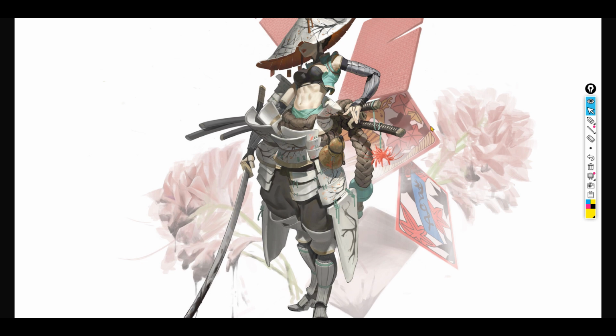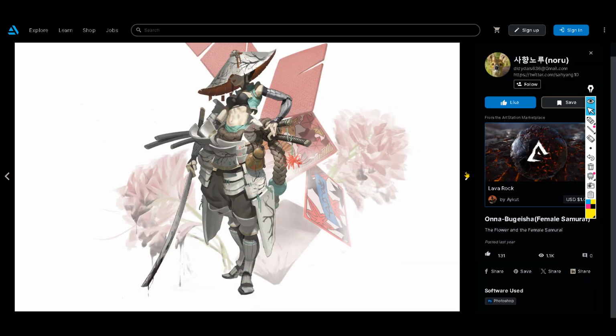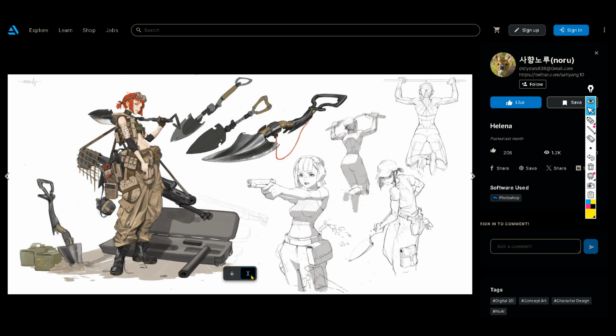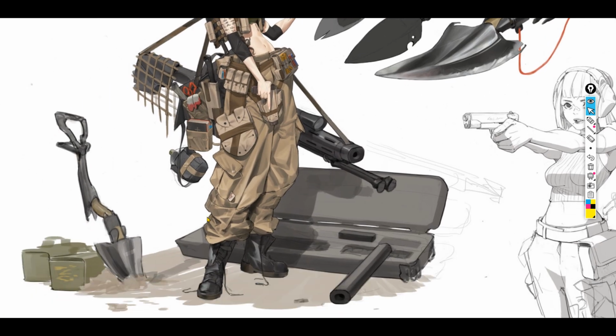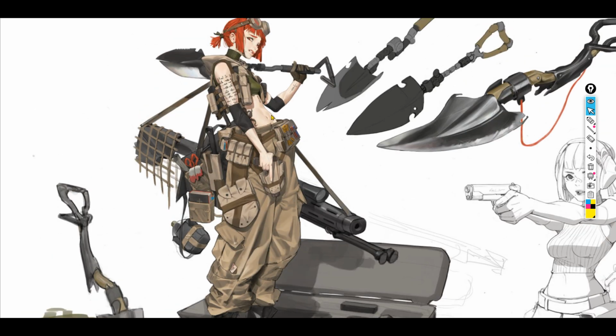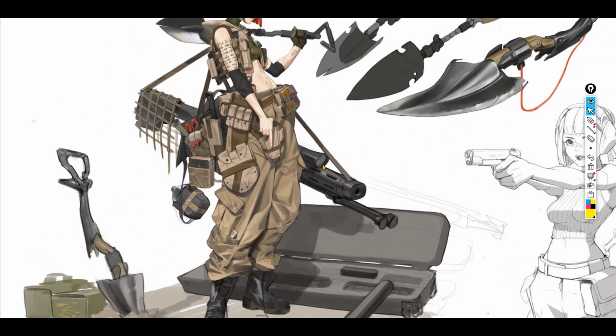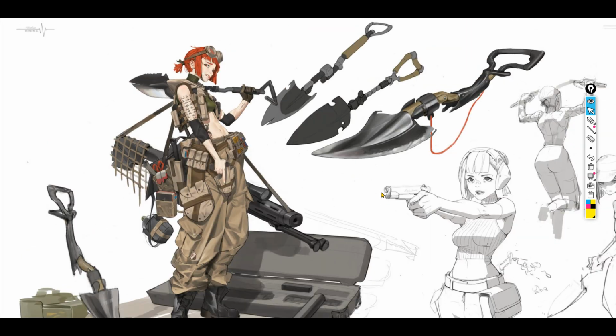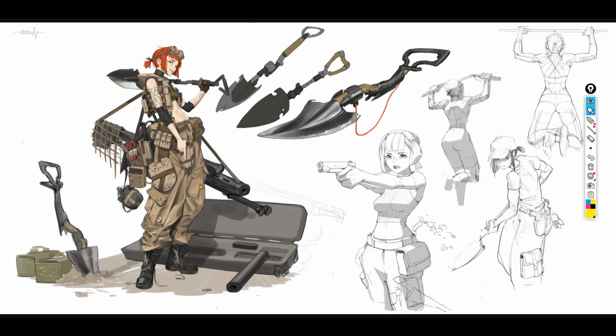But to add another artist to this list, because if you look at all of the character designs here, there is a bit of that border effect in general, where, let me just try zooming in, on the outside you will see a darker line, like a silhouette, like it envelops the silhouette of the whole thing, whether it's the extra elements or the actual main character. And another artist who does this, I think also South Korean, is Rinotuna, or however it's pronounced. I think I did an art review of his work before, so I will link all of these